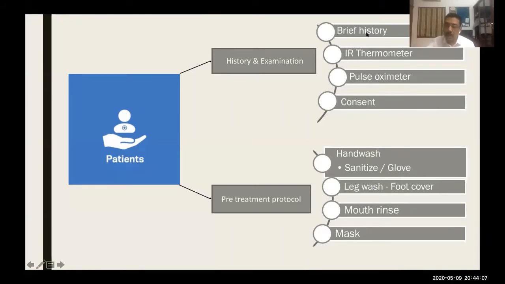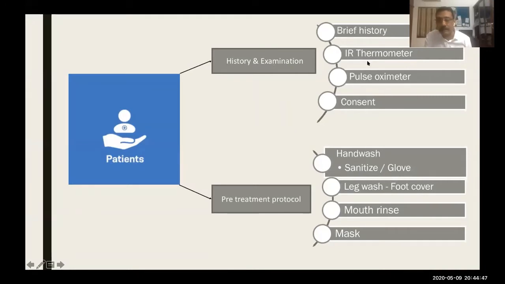The IR thermometer is not a conclusive thing as compared to the pulse oximeter. The pulse oximeter is going to show us if there is any transient hypoxia for the patient; immediately you can come to know within just 1 second. If you put the pulse oximeter and it reads anything less than 90, definitely the lung is not working to the full capacity. The patient should be refused and you should ask the patient to go and get the proper test done. So if you're going to allow the patient inside, the patient has to first cross this pulse